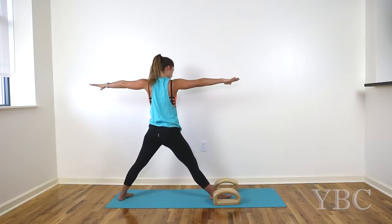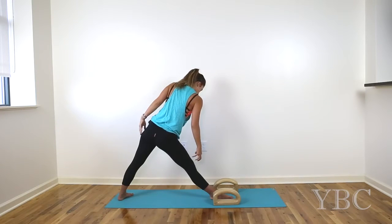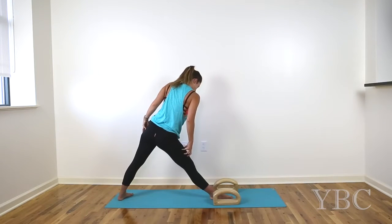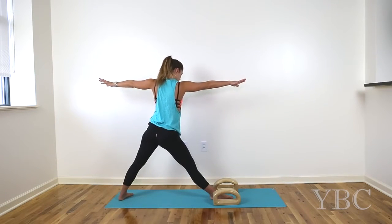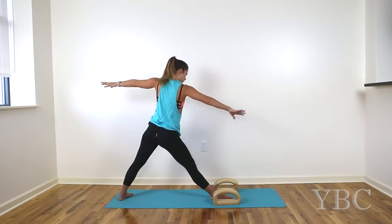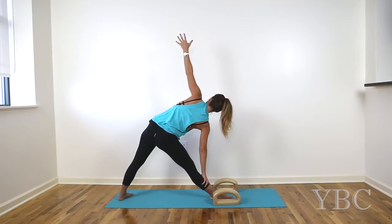And then on your next inhale, you're going to come forward with just the torso. So your legs are locked out, but you really want to make sure to activate your quads. You don't want to just let your quad muscle kind of droop because you can hyperextend your leg that way. So really make this muscle very firm as you come forward,